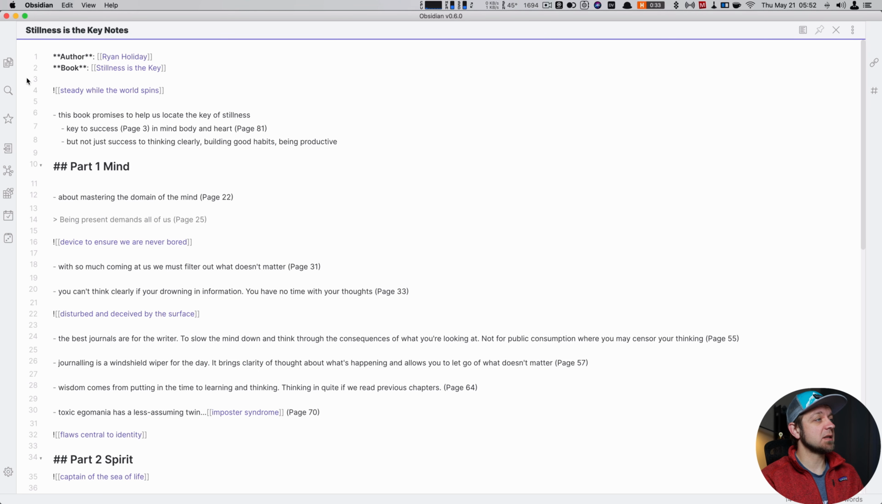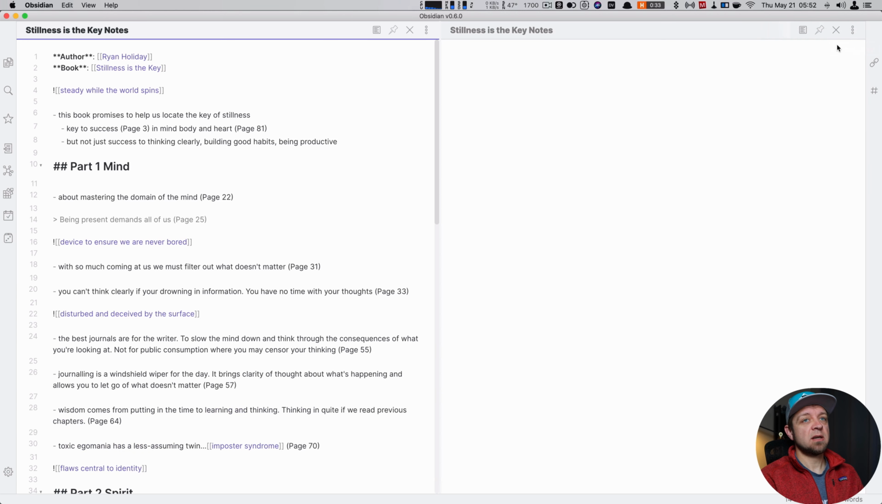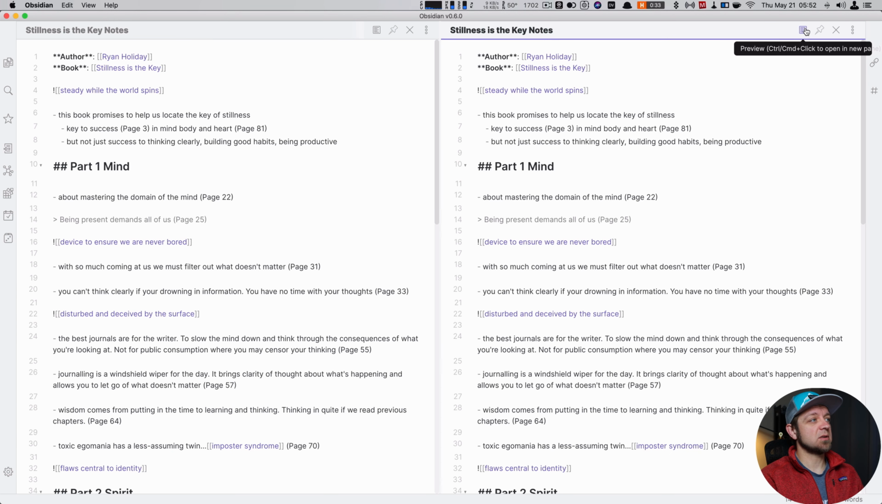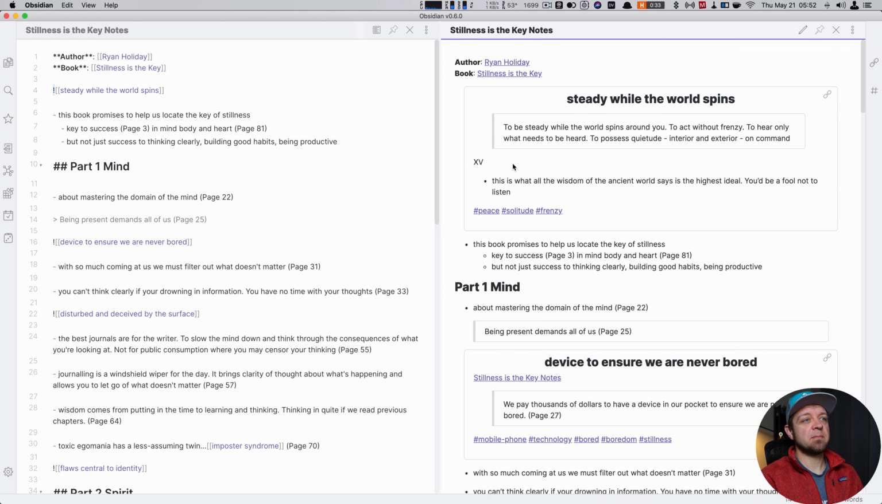Now I have Stillness Is the Key, right? Book goes to Stillness Is the Key. Steady While the World Spins. So something we can do is we'll split. I love the splits here. Split vertically, and I'll just show you what this actually looks like because we're talking about transcluding now, or linking. So this exclamation point at the beginning of the double square brackets turns into that. It actually is including my quote, which is in another note. Right? I can go,